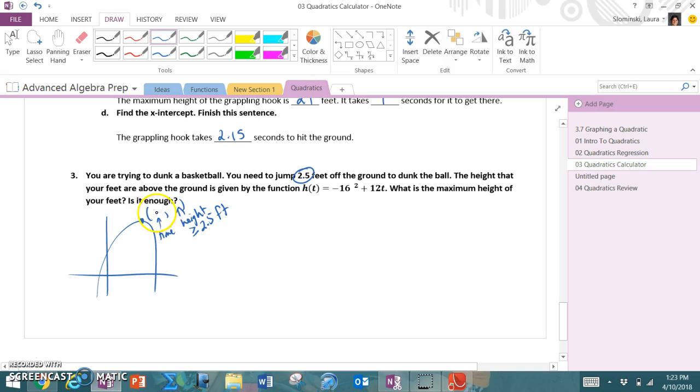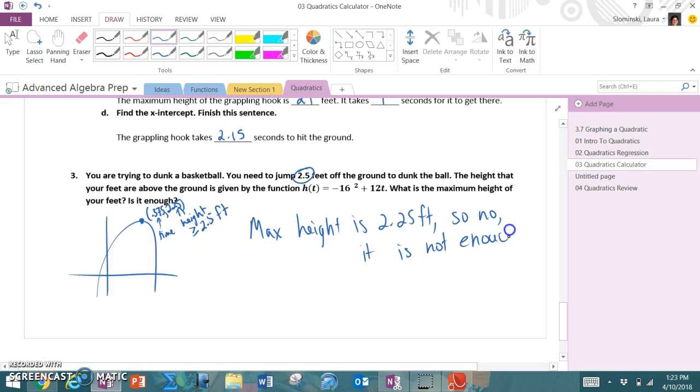So that point that I cared about was 0.375, which doesn't really matter to me, 2.25. So my max height is 2.25 feet. So no, it is not enough, because I had to be able to jump 2.5 feet off the ground to be able